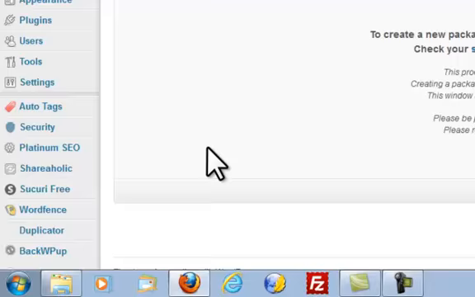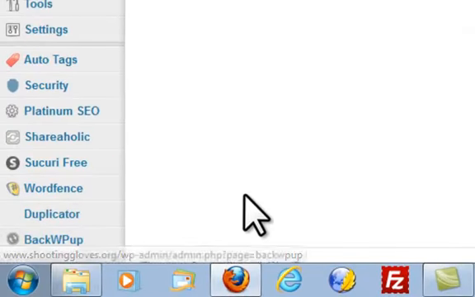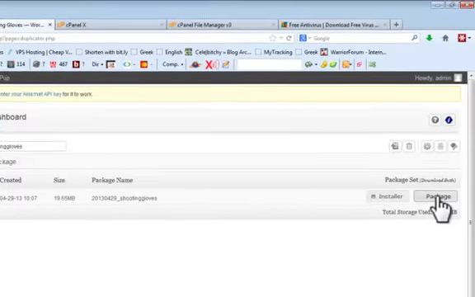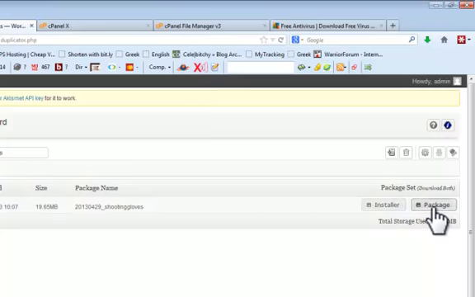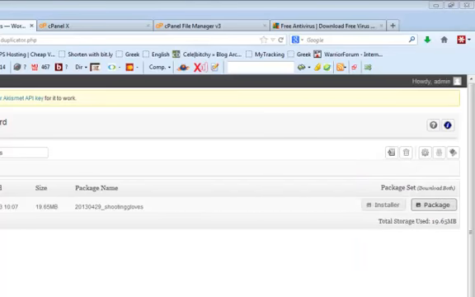so if you've got a very large database, it might be a large file, so you might be easier going to the actual BackWPup app and creating just a file-only backup and downloading that if this is very big. But if this isn't too big, then this is the quickest way to get it down. So again, it's only 90 meg, so I just click the package and it allows me to save the file. So I can save that file,